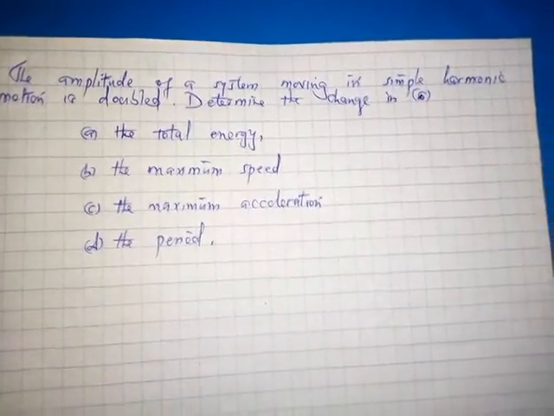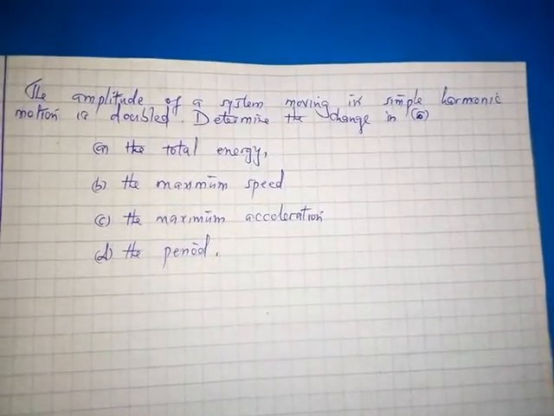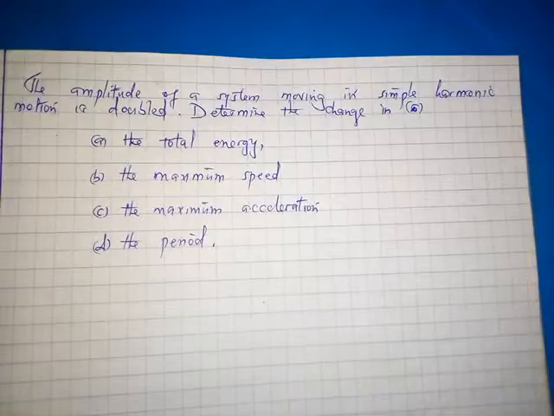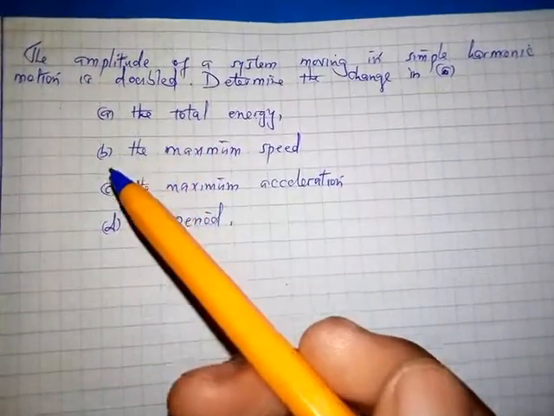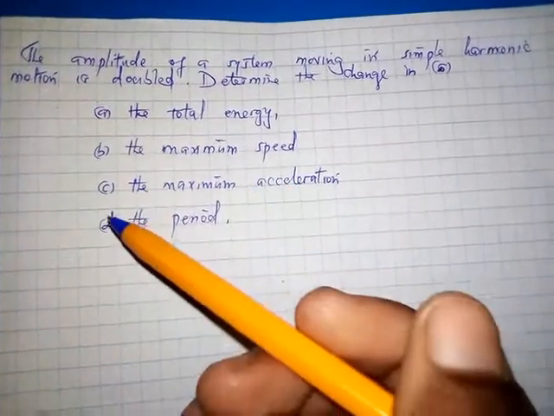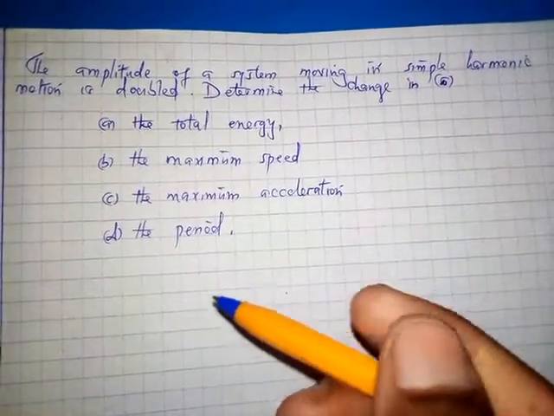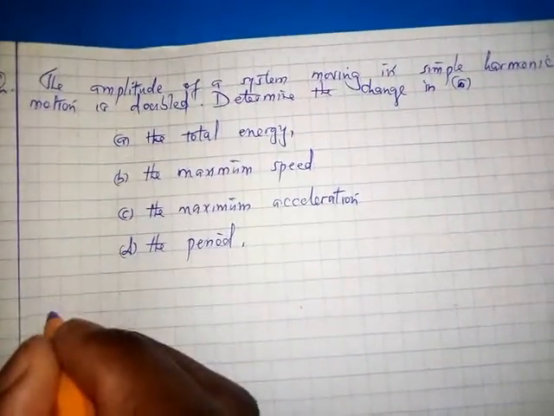The amplitude of a system moving in simple harmonic motion is doubled. Determine the change in A, the total energy, B, the maximum speed, C, the maximum acceleration, and D, the period. Solution: